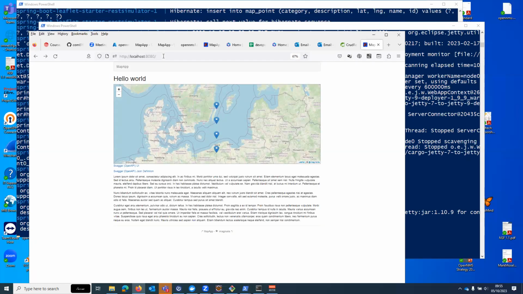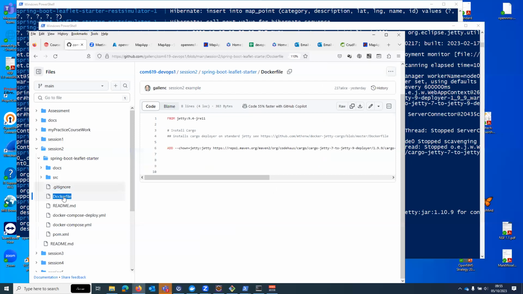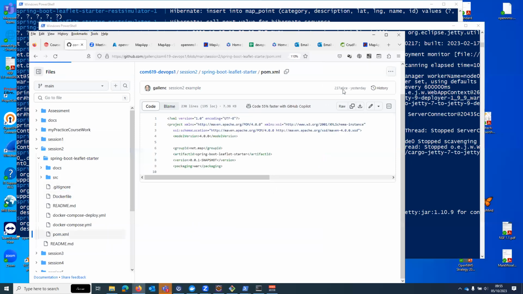Okay. So does that make sense? What I've done is I've made a Jetty server that can run in Azure, and I can deploy to that Jetty server using Cargo, which is this application. And in the Maven repo, again, if I look at the Maven file for this,